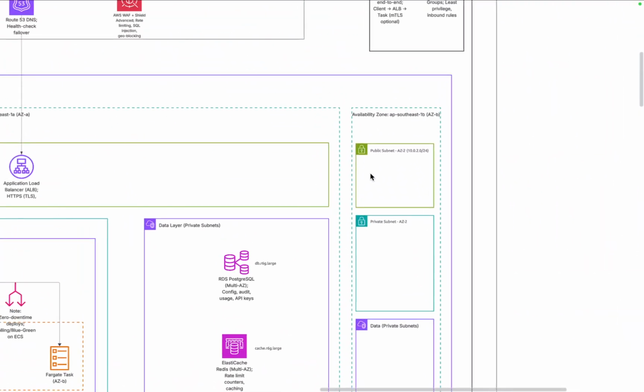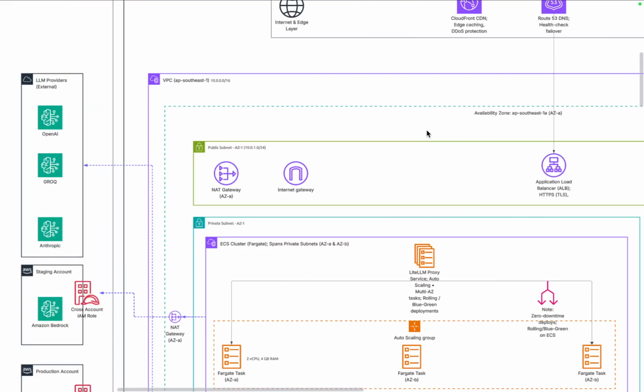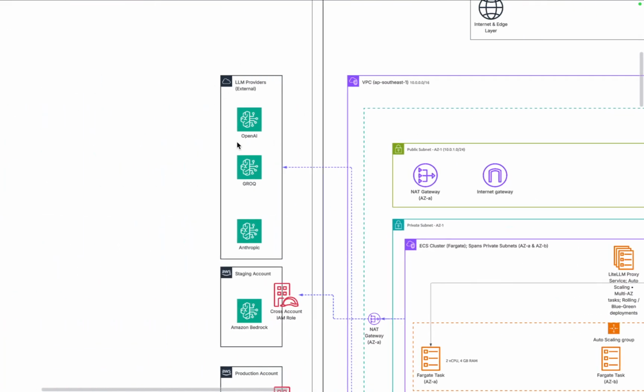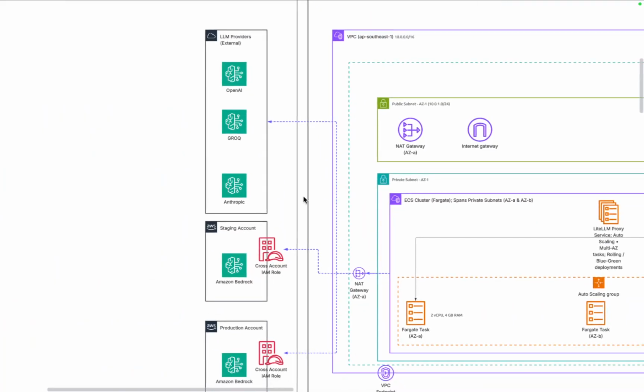And yes, of course, I'm just highlighting that this is a multi-AZ deployment. Right now, the code supports 3 AZs. You can customize it accordingly for your deployment. If you want to have a multi-AZ deployment with just 2 AZs, you can do it. And this is where all your external LLM providers are accessed, via the NAT gateway, and